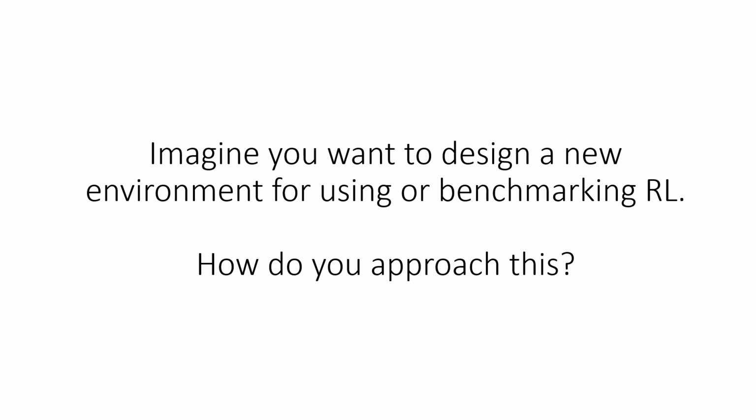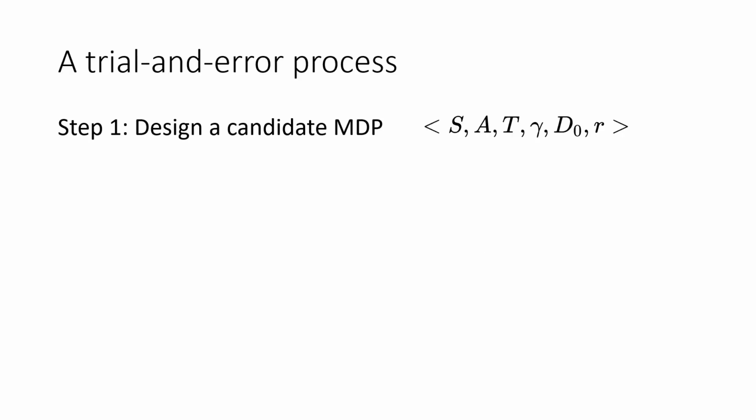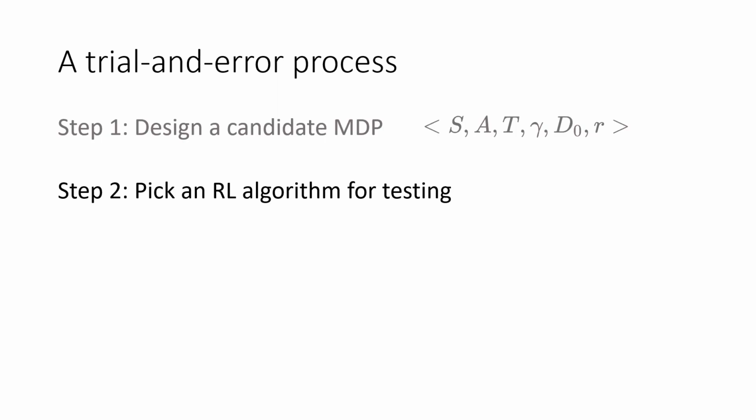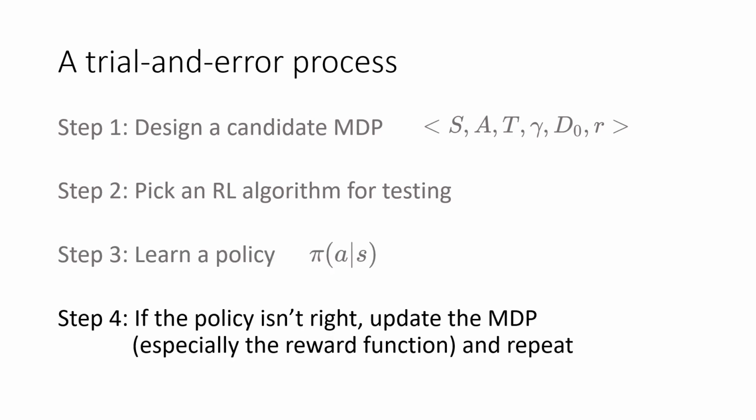We'll focus specifically on the reward function today. To design an environment, we might use trial and error. First, we design a candidate Markov decision process. We use intuition and past experience to craft a reasonable reward function. Then, we would reuse an implementation of some arbitrary but reasonable RL algorithm to test the environment. We would then use that chosen RL algorithm to learn a policy. Then we would see if that policy looks right. If not, we might change some combination of the reward function, state representation, algorithm, and/or hyperparameters, and try again.